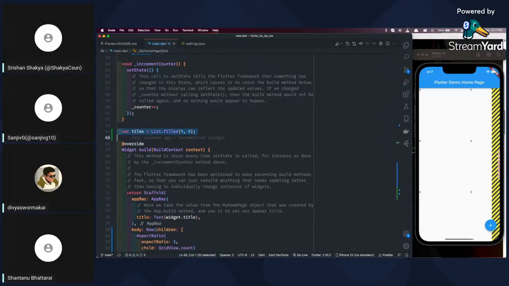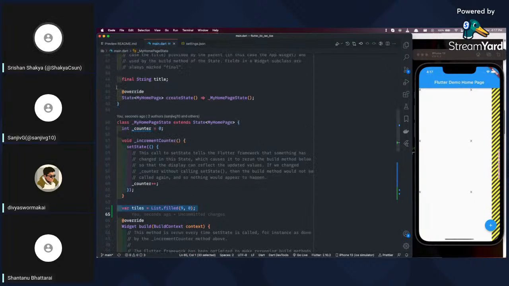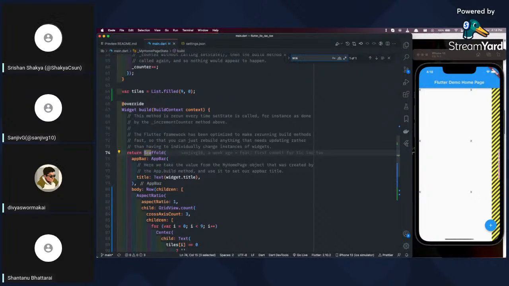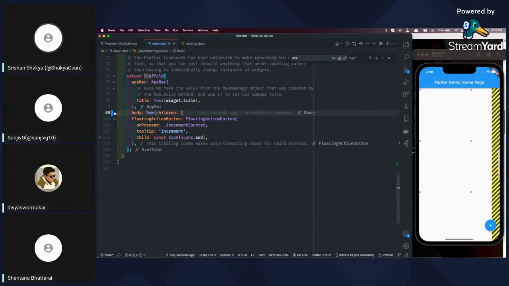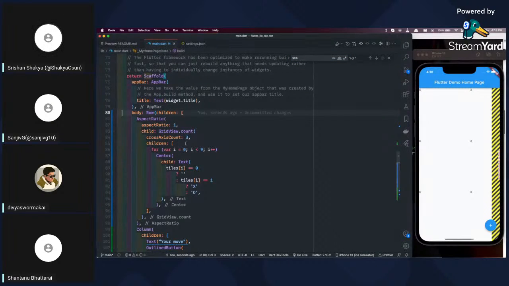Scaffolding, in a general sense, is something that helps you build buildings. In the Flutter world, a scaffold is a bare bones widget that provides some default placeholders, such as the app bar property and body property. There's also a bottom navigation bar property in the scaffold. Basically, a scaffold should generally be the skeleton, the first widget that you draw in any particular screen while working with Flutter.